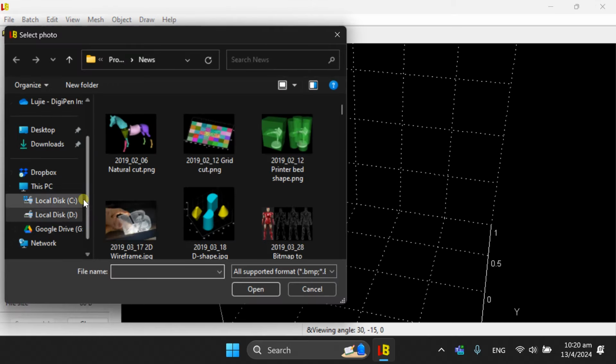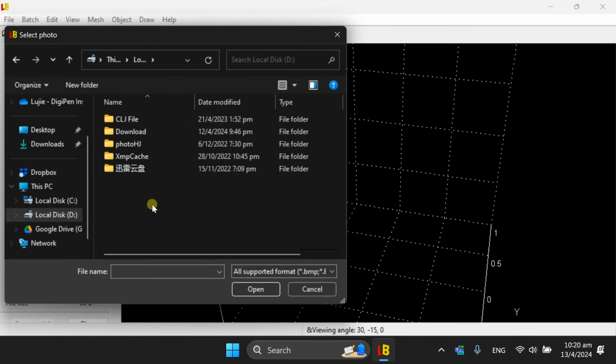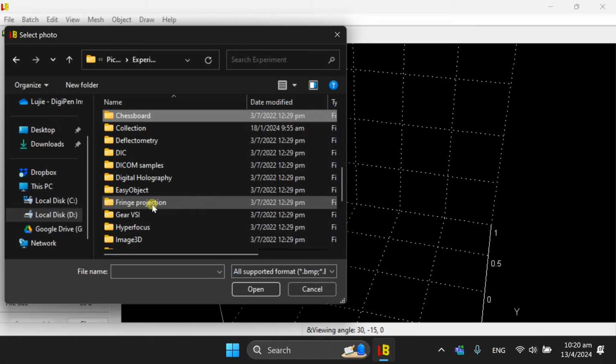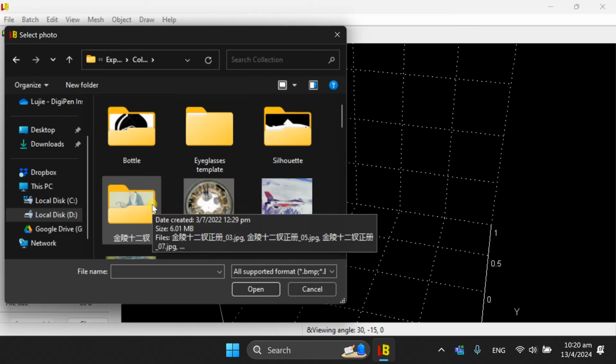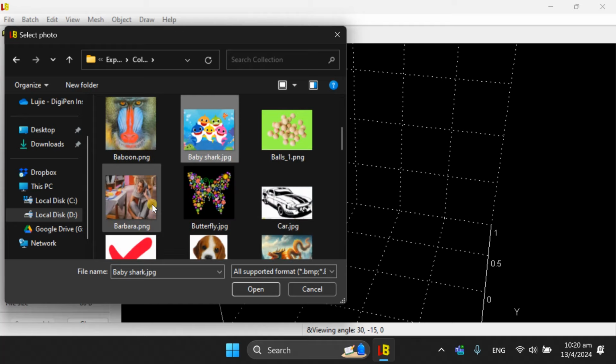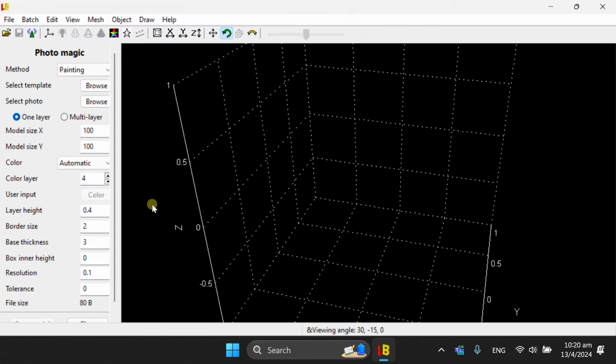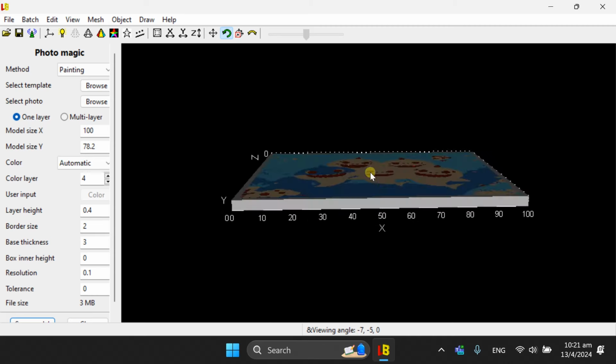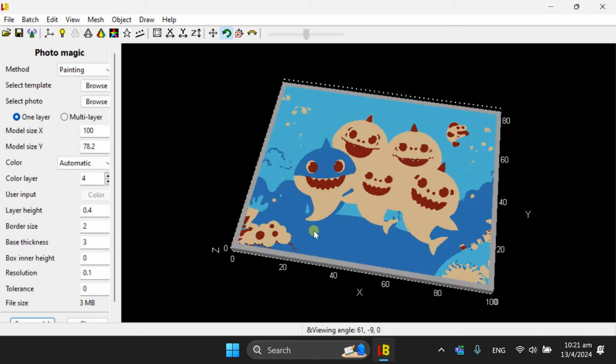So I'm going to upload an image to the painting method. Okay, the baby shark image. And this is what you get with the default settings. There are many things that you can tune. For example,